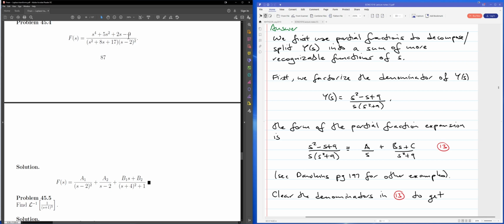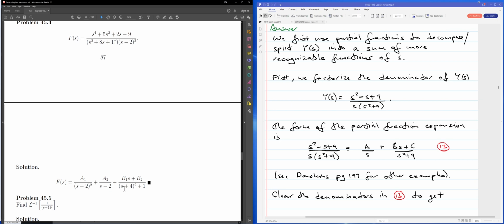little more complicated example. Here, I have this rational function over here, and the form of the partial fraction expansion would be based on the factorization in the denominator. So here I have a quadratic factor, and I have a repeated linear factor, s minus 2 squared. Okay, so the form of your partial fraction expansion for this case,